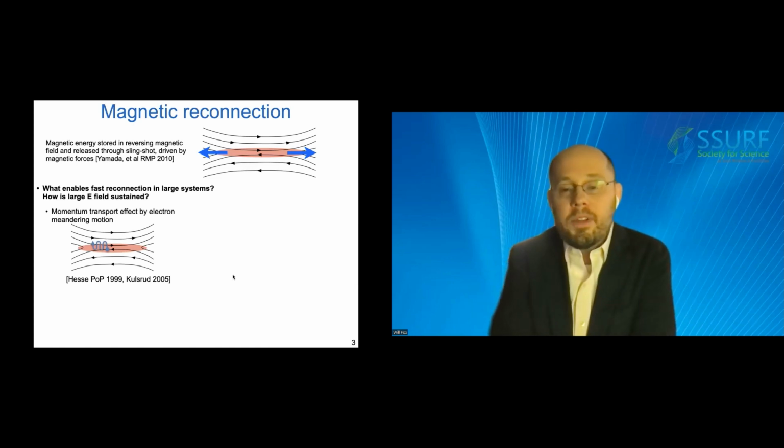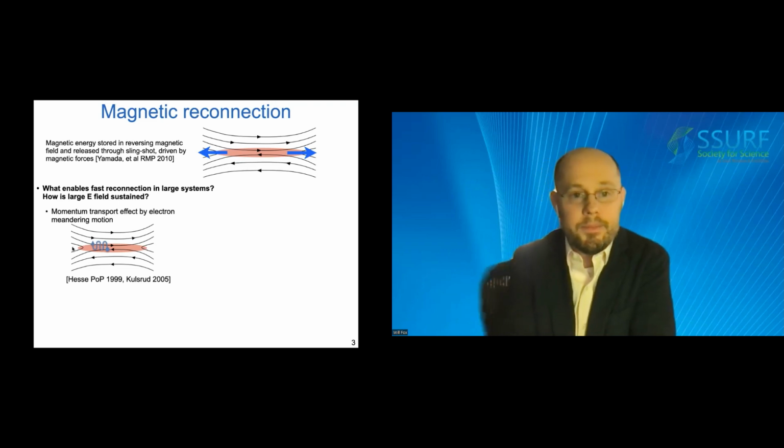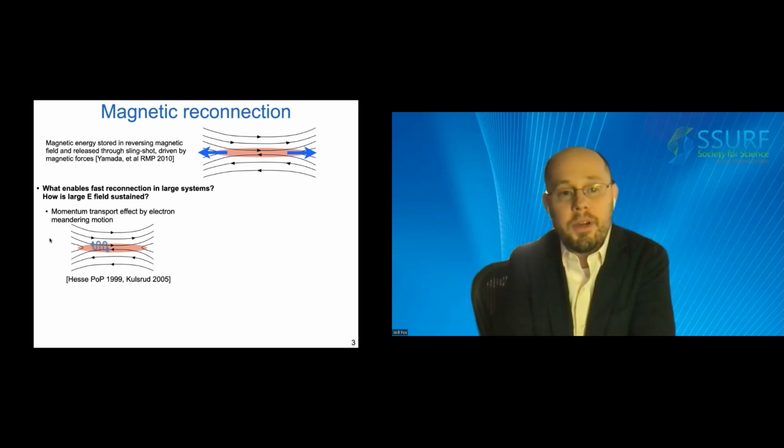So really, these frontier questions we're after are how can we get fast magnetic reconnection and fast energy conversion in large systems? And there's two hypotheses that we're after that have been predicted in simulations and given hints at from other experiments over the years. One is